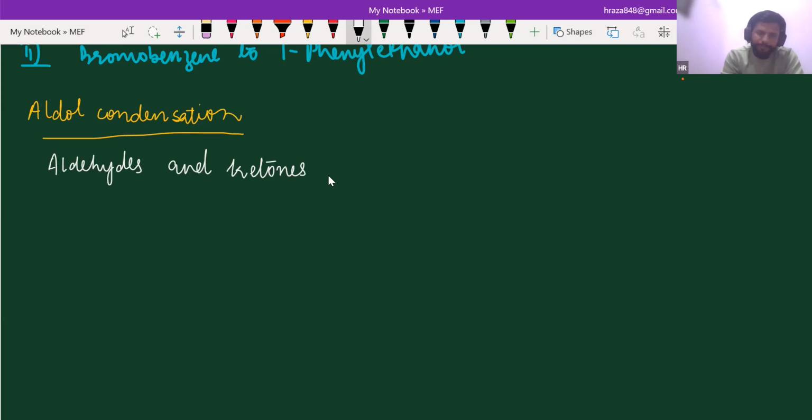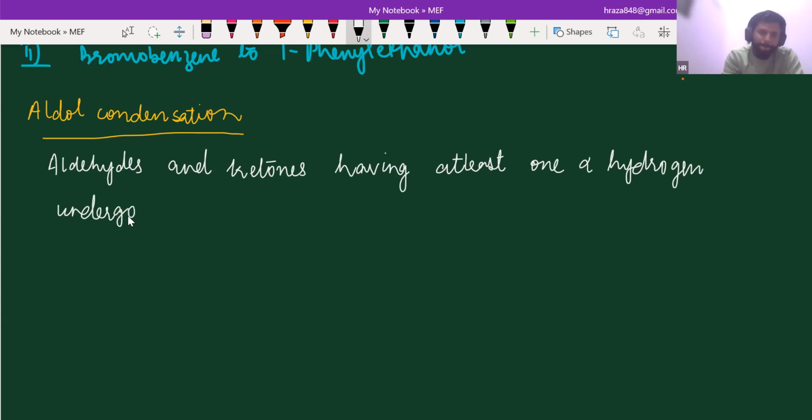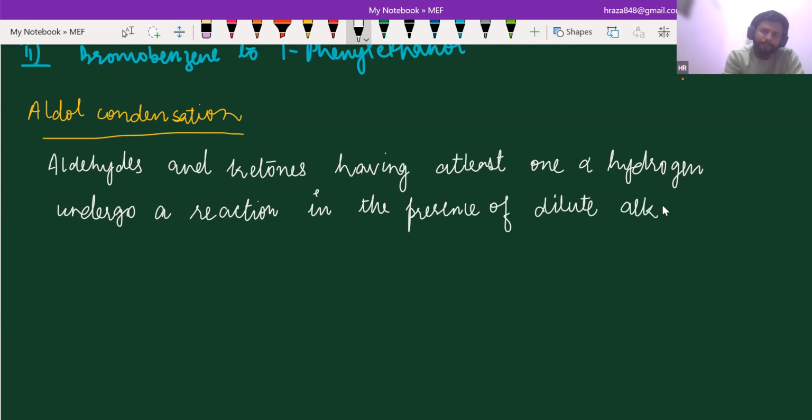Aldehydes and ketones having at least one alpha hydrogen undergo a reaction in the presence of dilute alkali as catalyst